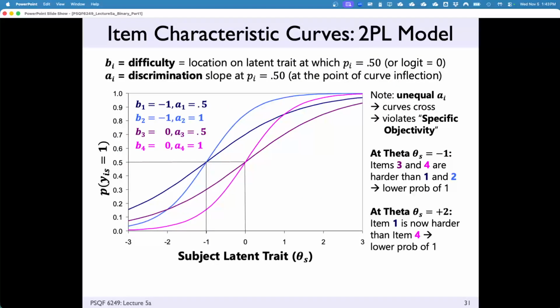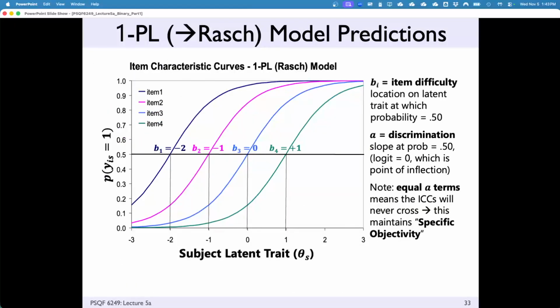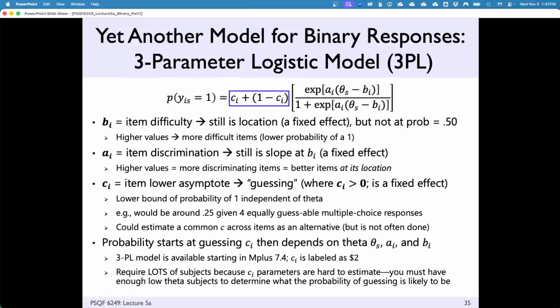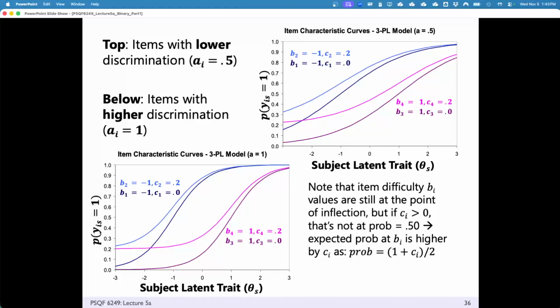So I'm going to get away from the Rasch model, but you're going to see that in places. You're also going to see another version, something called the 3-parameter model, which basically says those curves don't need to asymptote at 0 for probability. There might be some lower bound probability where the asymptote falls. Sometimes we call that a guessing or a pseudo-guessing parameter.